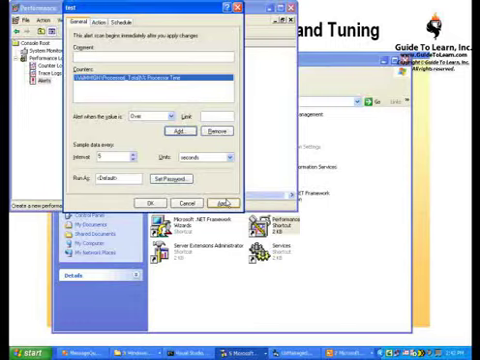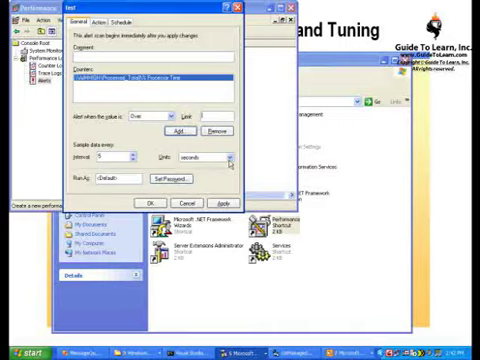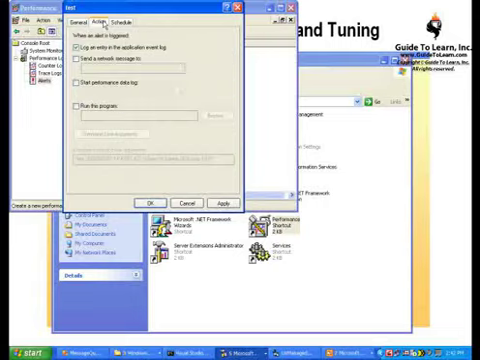And that action could be, for example, anything I want. Of course, I have to set a value, whatever I put in here, in order to get to the second tab. I can log an entry, I can send a network message, I can start a performance data log, I can run a particular program, I could do anything I want. These are graphical administrative tools that Microsoft gives you. However, enough of that, let's switch back here